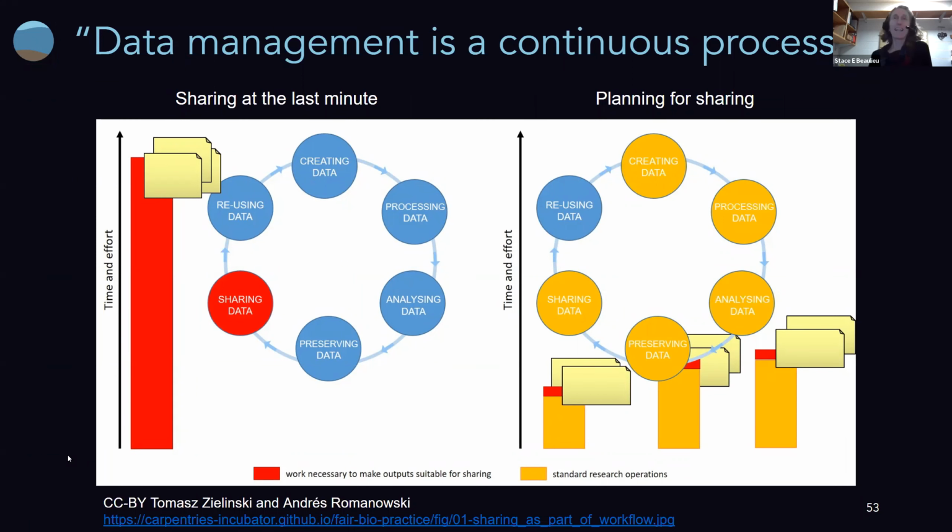Here they're saying how data management is a continuous process, and in Module 2, we'll be talking more about this research data lifecycle. On the left panel, we have sharing data at the last minute, and we have a lot of time in red. Work necessary at the last minute, a lot of effort at the last minute. And on the right, we have a plan ahead for sharing data, and we have a little bit of effort along the way during the cycle to handle the ultimate sharing of the data.